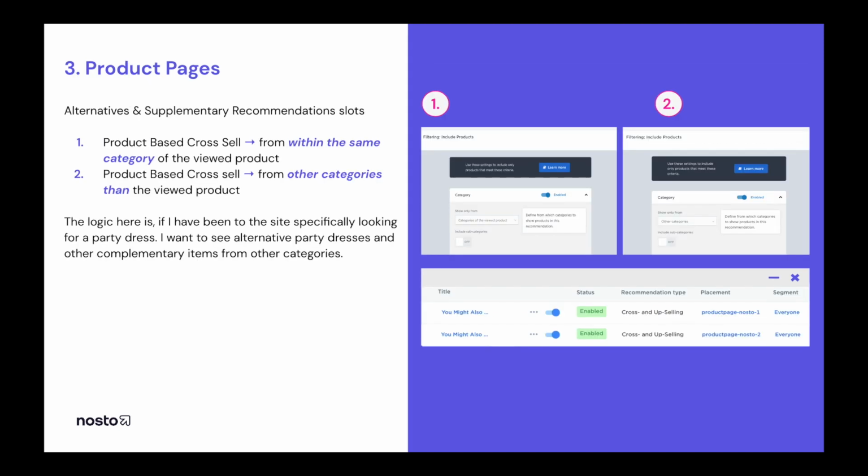And then we have product pages. And here we recommend to have 2 slots. But the first and primary one would be product-based cross-sell within the same category of the viewed product. And then if you want to complement this, you can have a product-based cross-sell for other categories than the viewed products. And the logic here is, so if I'm going to a site and looking for a party dress, for example,